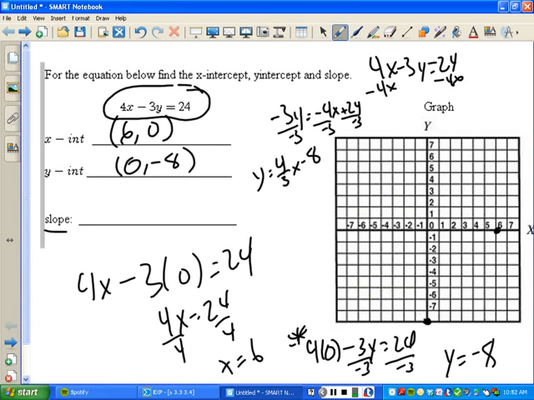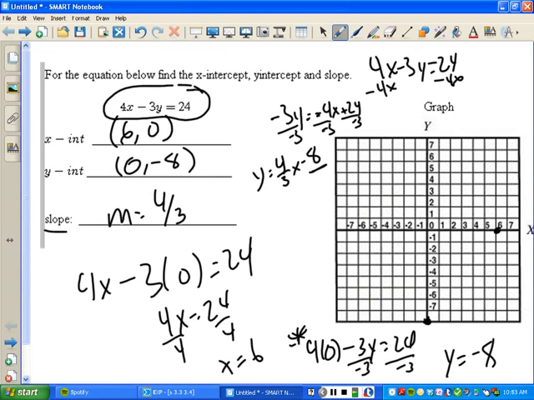Now from here, what do we do? The slope is 4/3. Okay. The y-intercept is negative 8. Negative 4/3 or positive 4/3? Negative divided by negative is positive 4/3. Okay. Now, if you're going to graph using the slope, you'd plot negative 8 as your starting point, and then